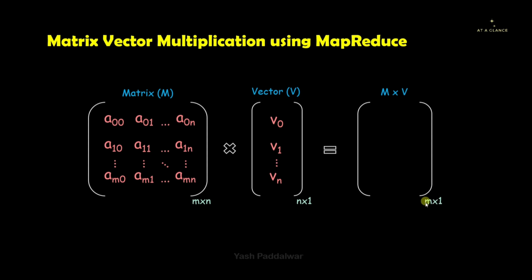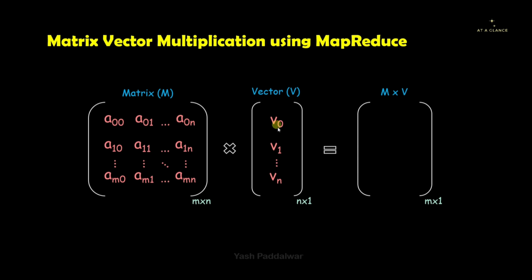The total number of columns in the matrix is equal to the total number of rows in the vector. That is why we can multiply these two things. And the resultant will be called m cross v, that is the matrix multiplied by the vector, and which will have the dimensions m cross 1, because n,